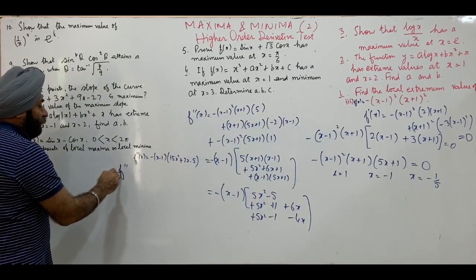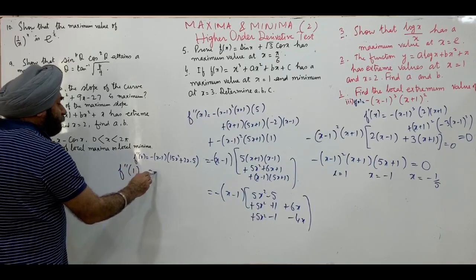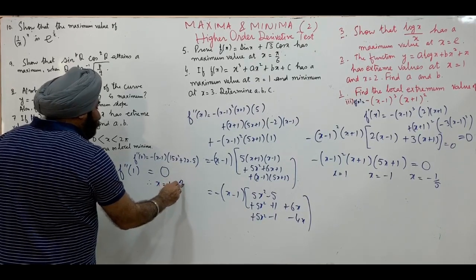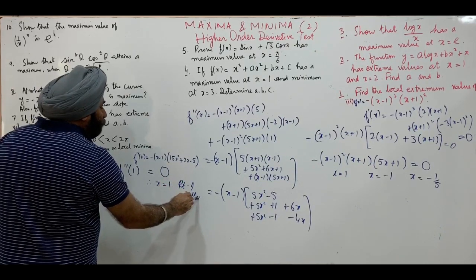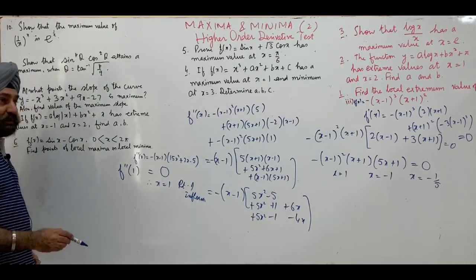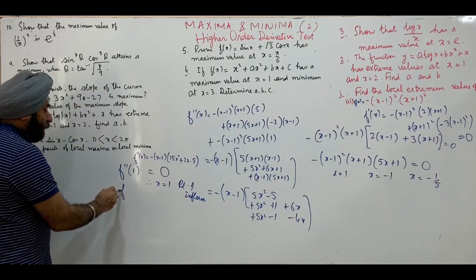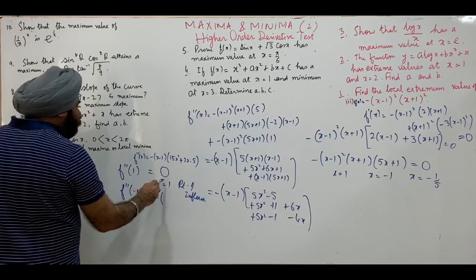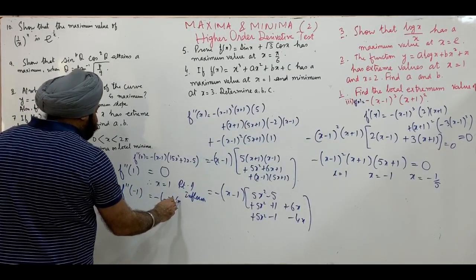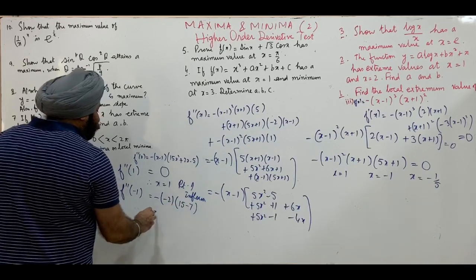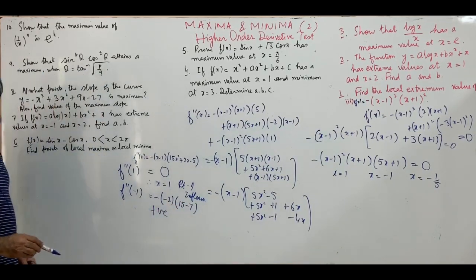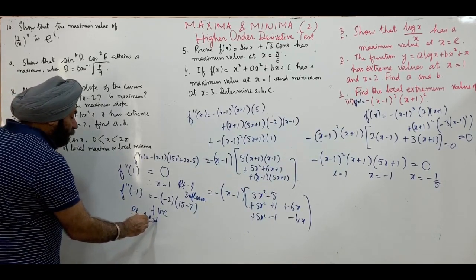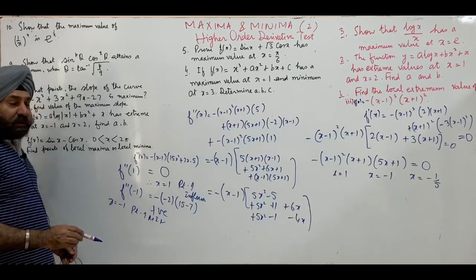We find out value of second order derivative at x is equal to 1 and this is 0. So therefore x is equal to 1, this is point of inflection. So value of second order derivative here is 0, therefore it is point of inflection. Next we find out f'' at minus 1. This will be minus 1 is minus 2. This will be 15 minus this is 7. So this is positive. Positive sign of the second order derivative means this is point of minima. So x is equal to minus 1 is point of minima.